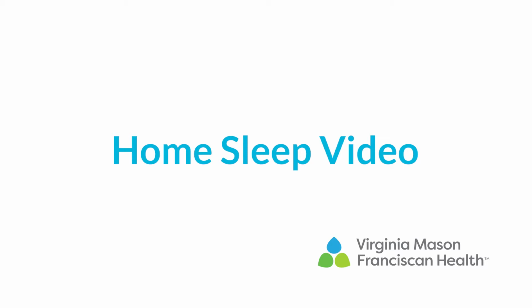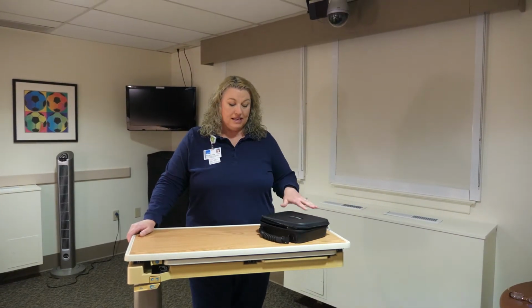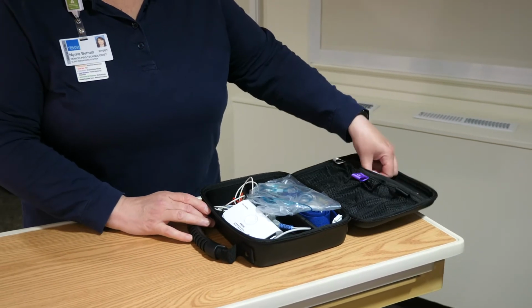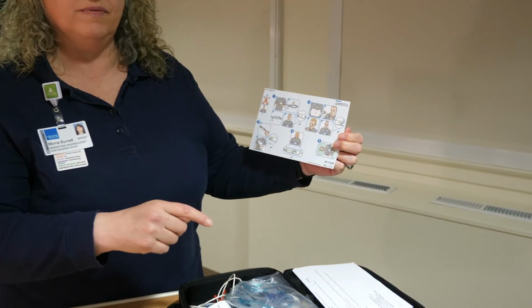So I'm here to demonstrate for you how you're going to hook yourself up tonight using the Alice Night 1 home sleep apnea testing device. When you come in for your appointment to receive it and get set up, everything is going to fit into this kit right here. Inside, we have an instruction card for you. It'll have all of the steps and the order in which to put all of the equipment on